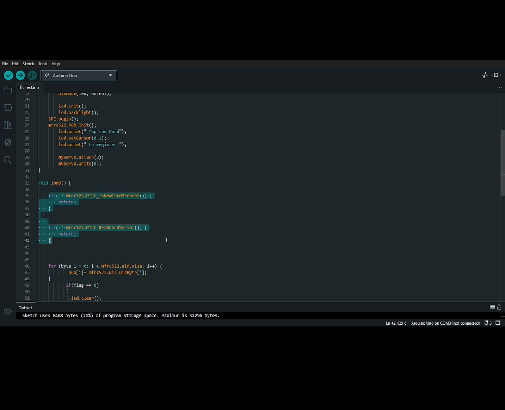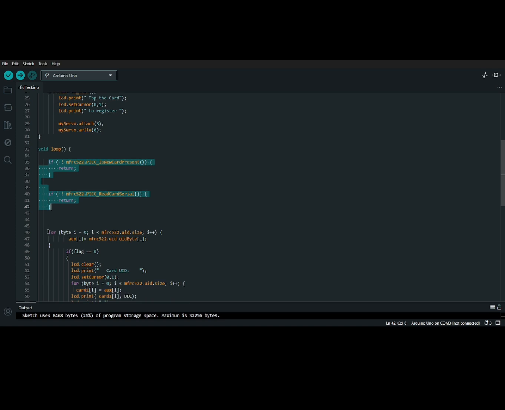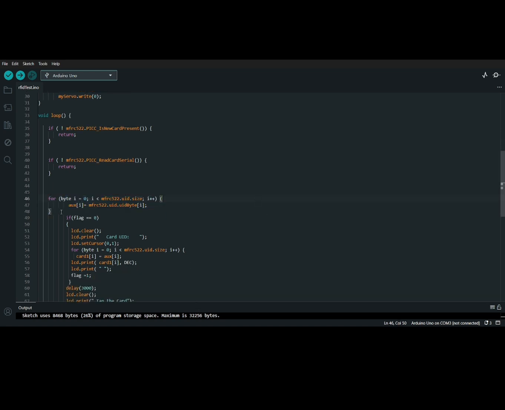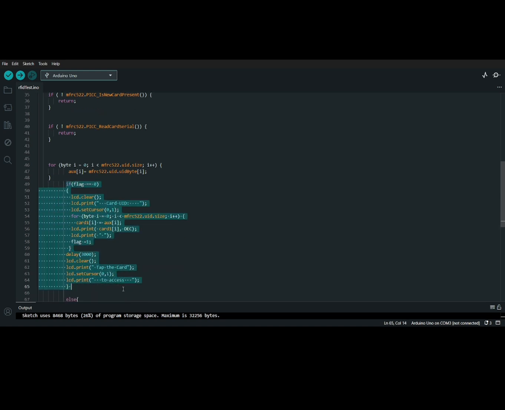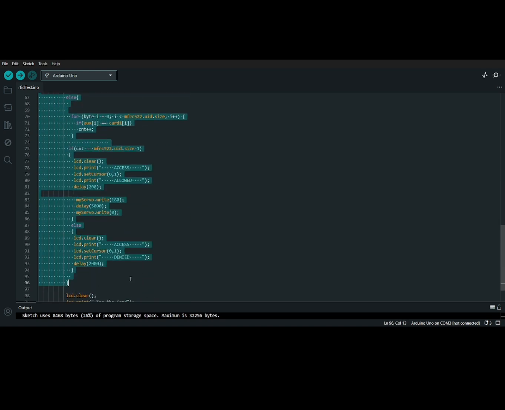And then next we have this for loop. This is for the UID to be stored, not allocated. Then we have the card registration, which is this block of code.